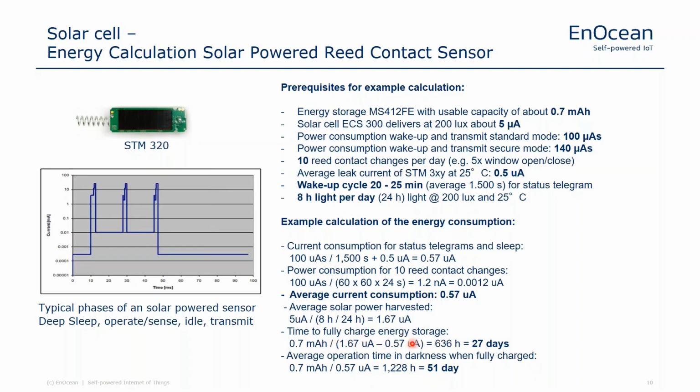We charge the energy storage, and the full charge during operation needs about 27 days because we have a very big one. We enhanced our modules with a bigger energy storage, and this takes more time. But the big advantage is we have nearly 2 months of dark time. So if the blinds are closed or something happens, we are prepared for about 50 days of darkness. This means the sensors are sending regular radio telegrams for more than 50 days, measuring open and closed, for example, of the window.